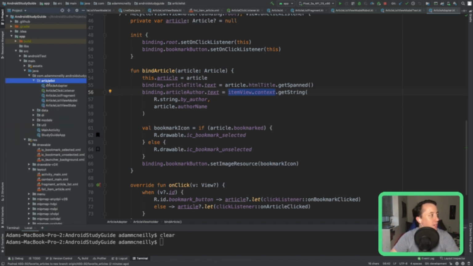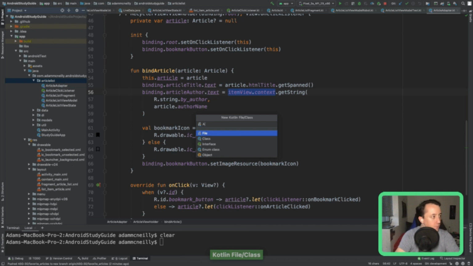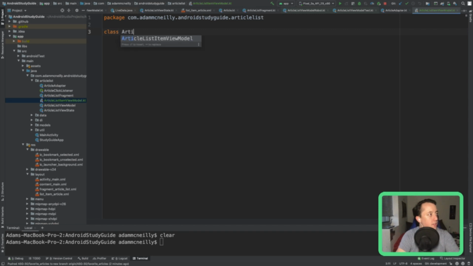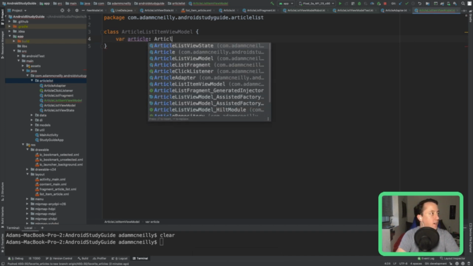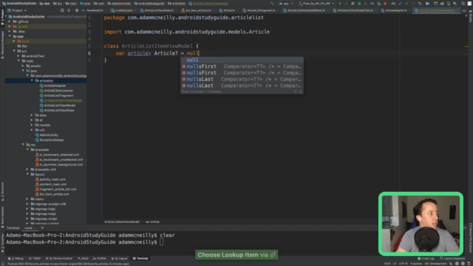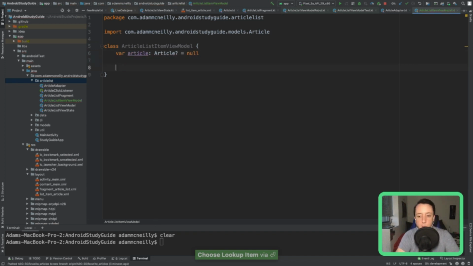So we could create something here like article list item view model. It could support some article entity, and we can make it nullable, because when we initialize this, we won't have one. What this would do is say, given some article, how do I expose the relevant view information, kind of like a view model works for your fragment.